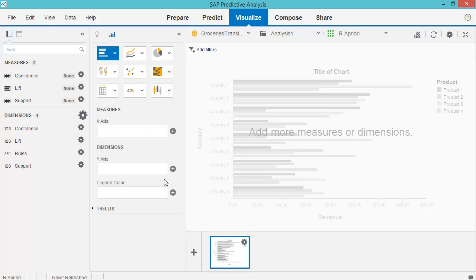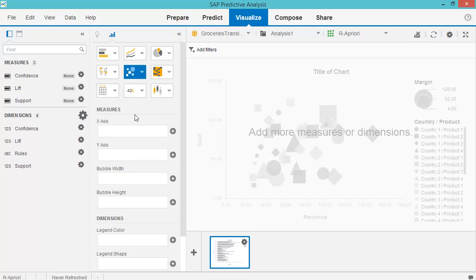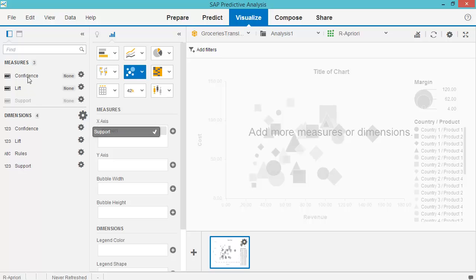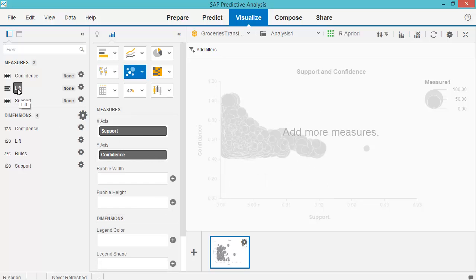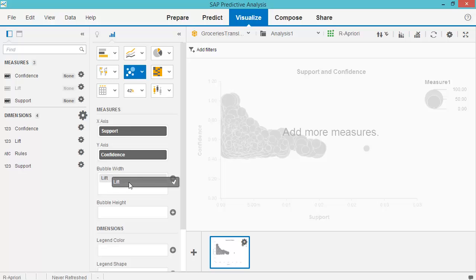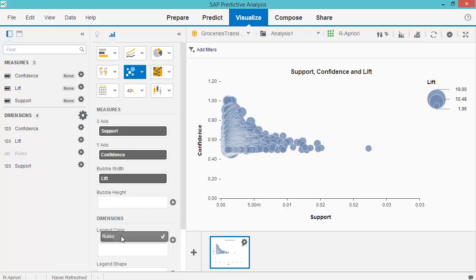And now what we did previously was we chose from scatter plots the bubble chart, and we put support on the x-axis and confidence on the y-axis, whereas lift was the bubble width and rules were the legend color. So this is the graph we already looked at.